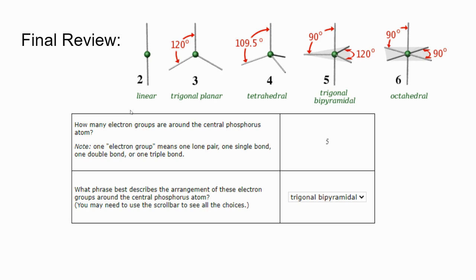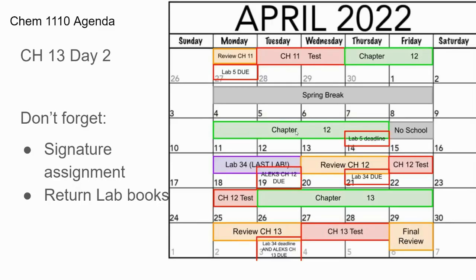Okay. All right. Let's look at our schedule really fast. There are some things we don't want to forget. We're getting close to the end. We still have that signature assignment. It's only worth 10 points. It's in the assignment category. So as soon as you get that done, go ahead and turn it in and get it out of the way. I think May is going to get really busy, so try to get that out of the way as soon as you can. As soon as you're done with Lab 34, go ahead and turn in your lab book so that you don't get a fine. Next Tuesday is the last day you can turn in Lab 34,